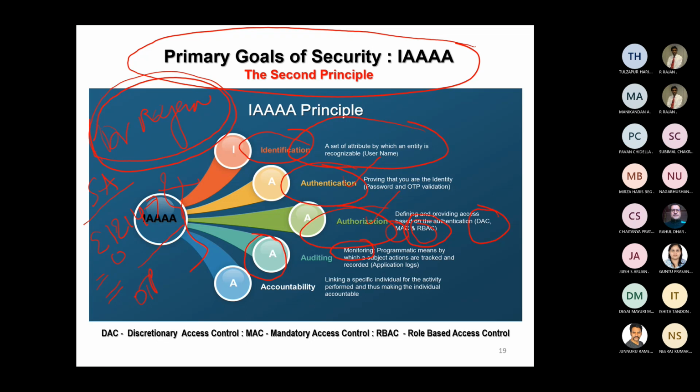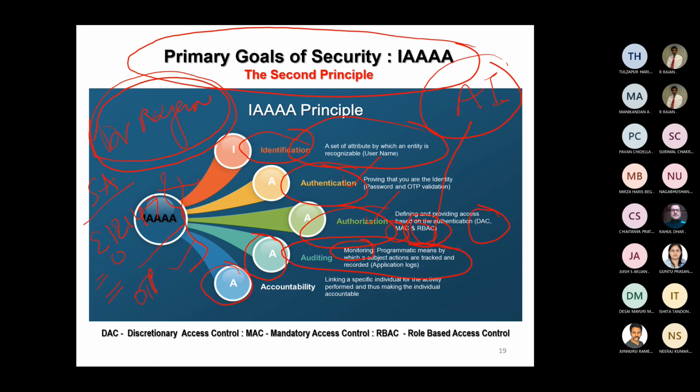The password should not be logged into the log. And what is the date and time at which I've logged in? What are the activities that I'm performing? They are all required to be logged and must be audited using a simple AI mechanism, right? Which can find out whether I am doing any fraud or not. So that's the third A of the I 4 times A principle. The fourth A becomes accountability.